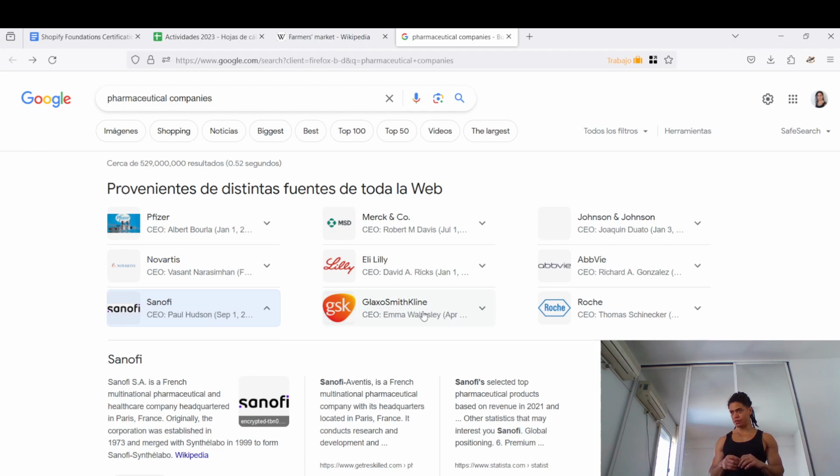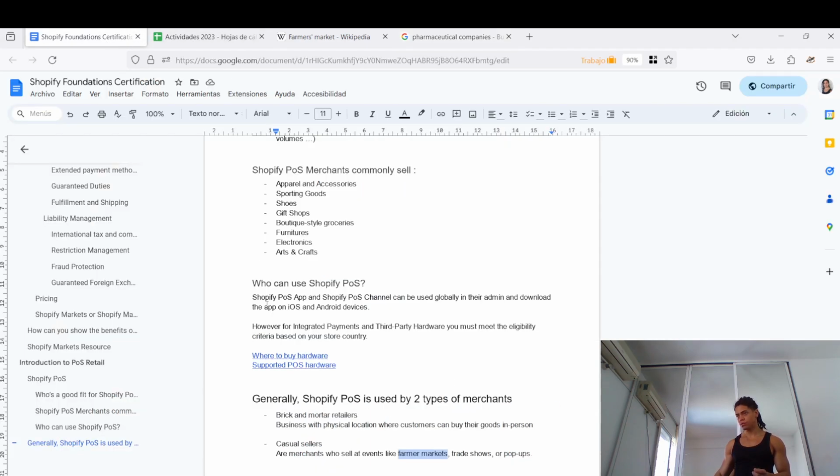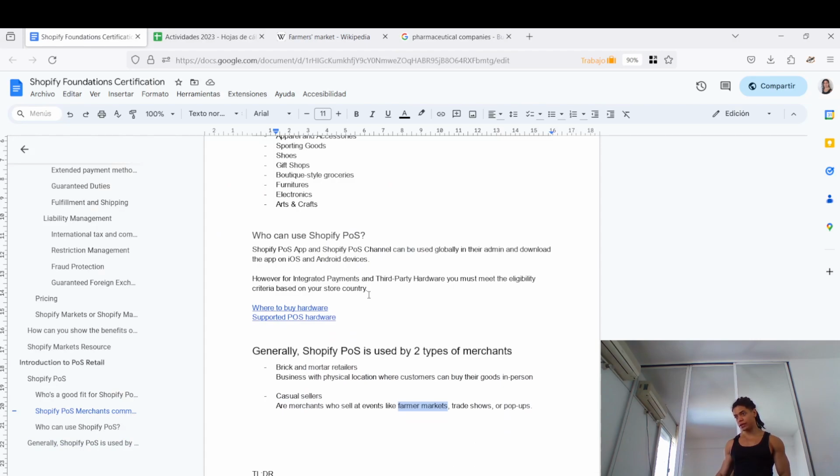So this is what merchants use Shopify to sell, this kind of item, okay? And who can use Shopify POS? Shopify POS apps and Shopify POS channels can be accessed by anyone. However, integrated payment solutions, for example, like Shopify POS,